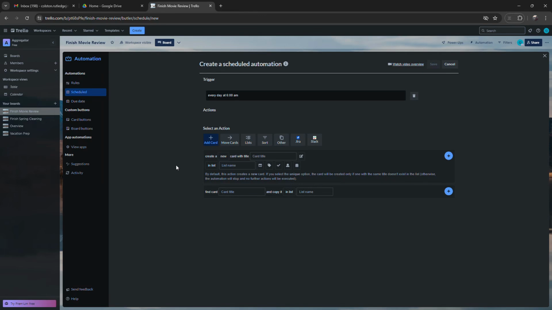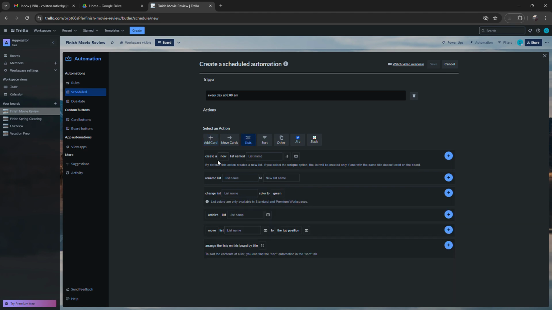In this step, we're going to archive all the lists on the aggregate board. To do that, we need to select the lists set of actions. We will then go down to Archive, List. The list we want to archive will be board name, the automation variable board name, so it will be board